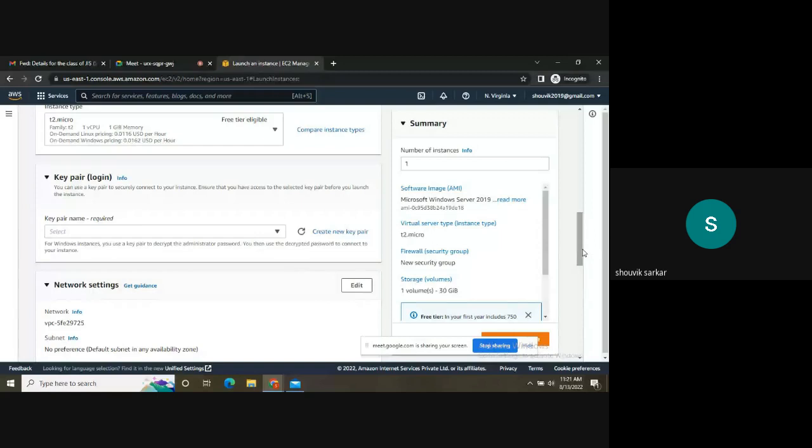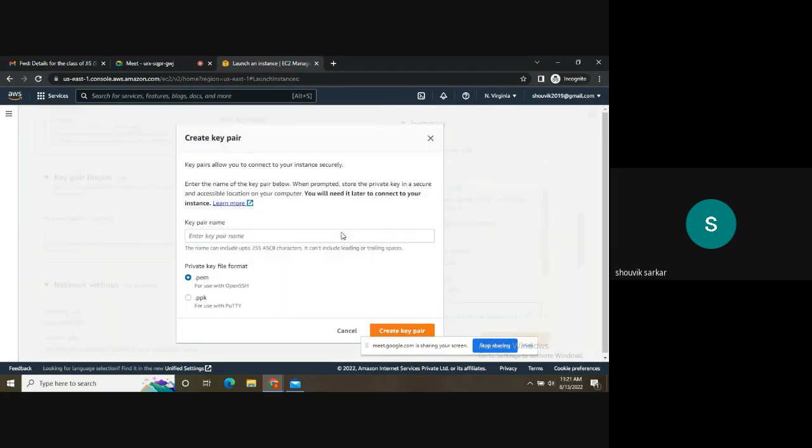Next, we have already selected the software and hardware, but this configuration is actually hosted in a remote or cloud space. So how do we connect with this remote device? For that, to authenticate, we need to create a key pair. So click on create a new key pair and provide some name. Suppose we write here